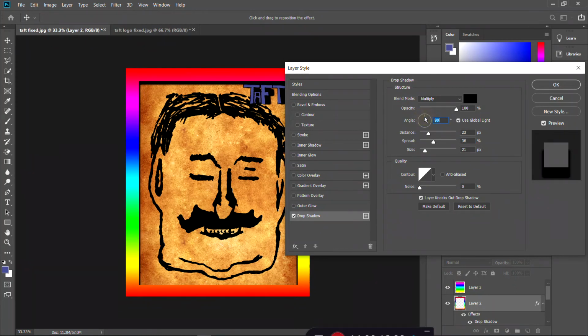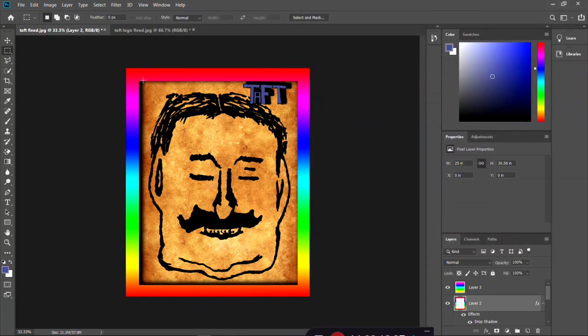And I'm going to play with the angle to see how I can get it to look the best in my opinion. Now that I have this shadow, the image is complete,